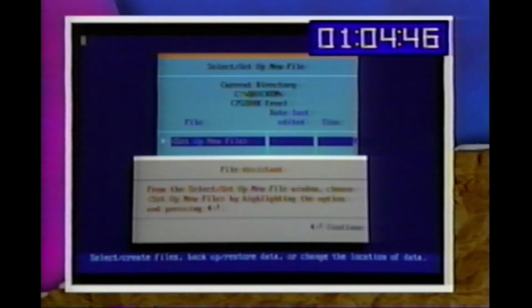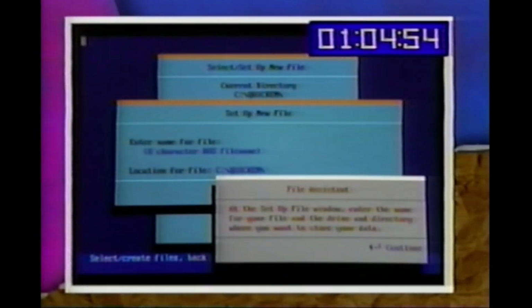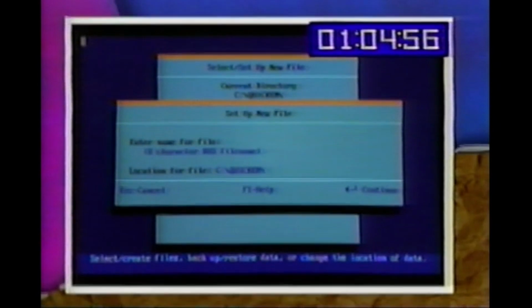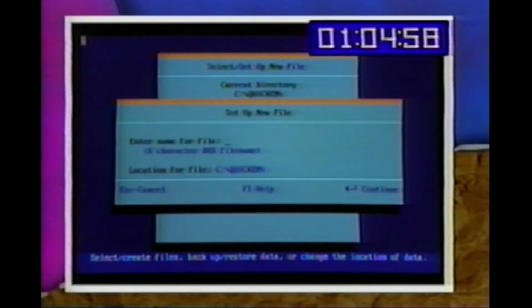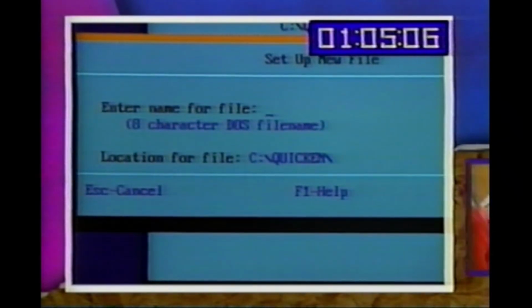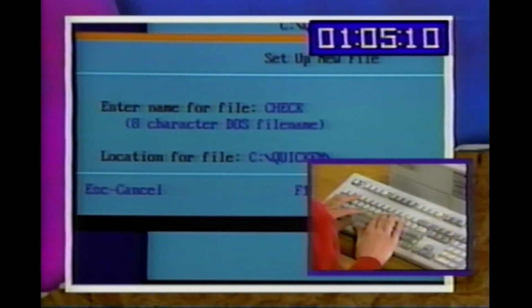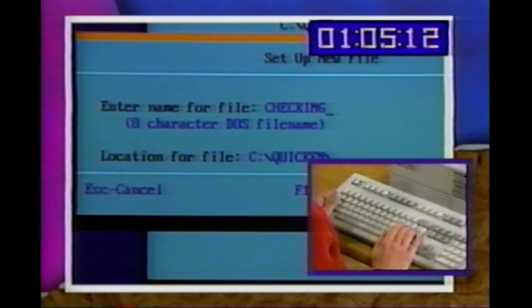Press Enter to continue, and now we need to select Set up a new file. I'm going to keep continuing by pressing Enter. Now the File Assistant is asking us the name of a file because we are going to save all our information inside the computer. As you learned in tape 1, a file name can have up to 11 characters, but in Quicken you only get 8 characters. I'm going to call the file name Checking,